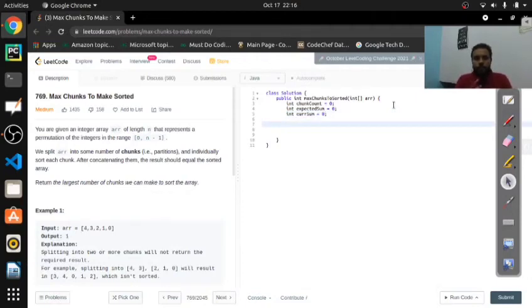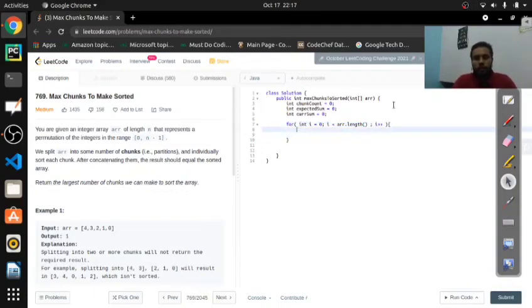So these 3 are variables, and now we have to start iterating the array from index 0 to the last index, so i must be less than array dot length, and i plus plus.